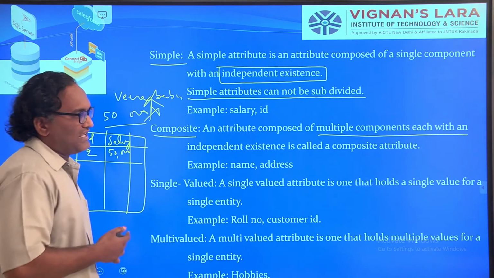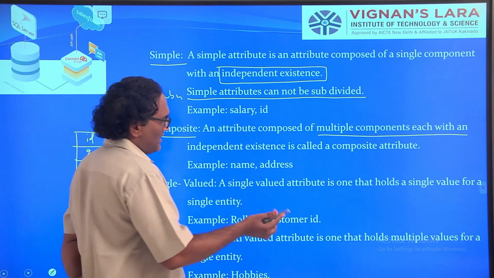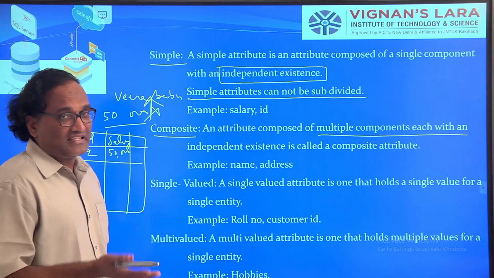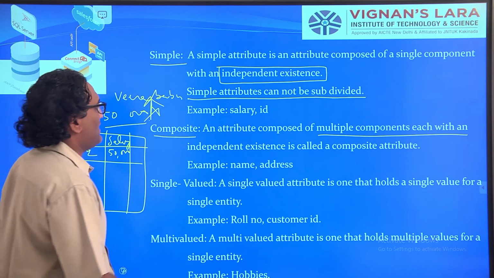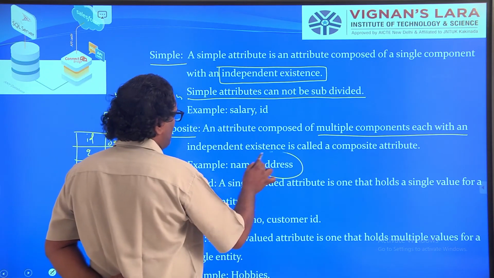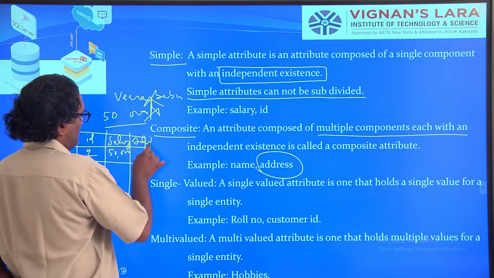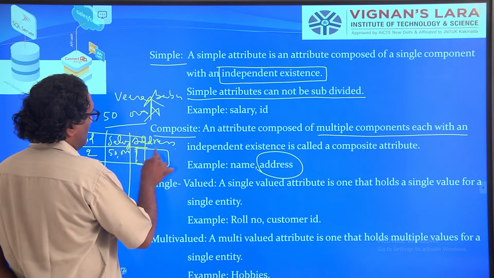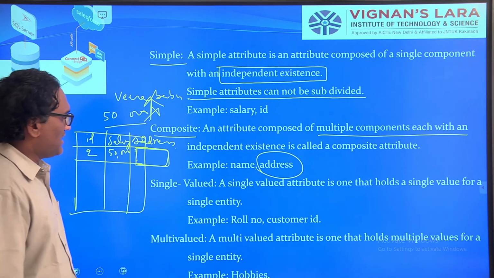For address, if you look at it, the address has several rows, several spaces. It is a collection of several components. Address is a collection of several words. Words can have spaces, right? So if you want to write the entire address here, you can have the address field. This is what a composite attribute is.